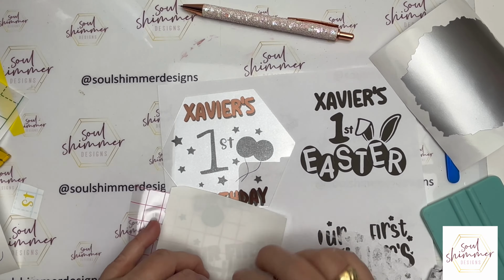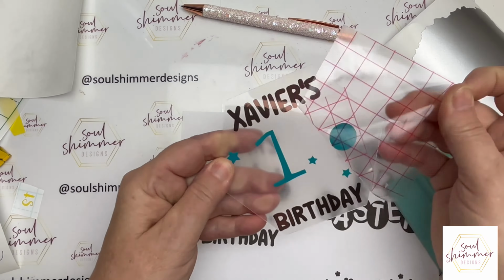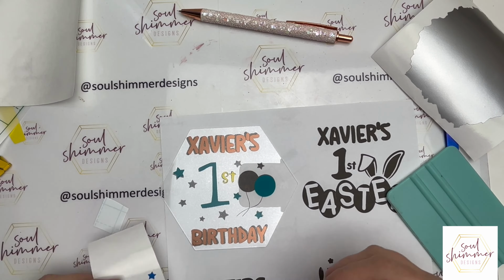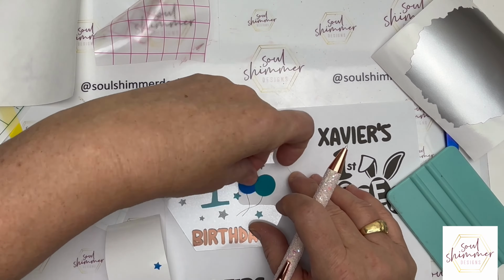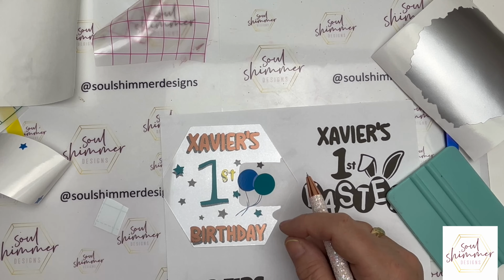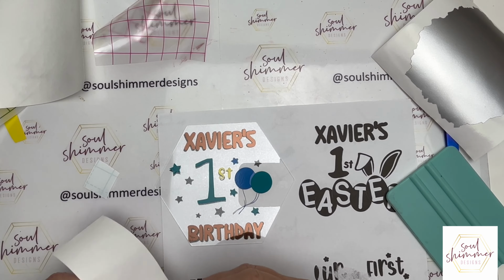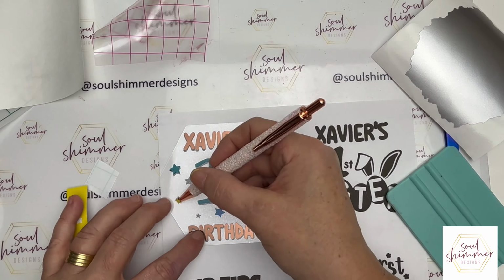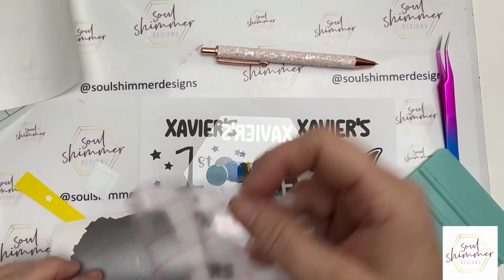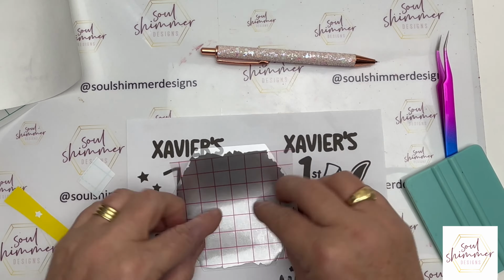And I'm just going through, so there's the Mirachrome added on now. Then the turquoise, the yellow, so for the first. Then I put one of the balloons on with the ultramarine using my weeding pen, and it was just easier to apply some of those smaller pieces with my weeding pen. And this one also has the silver background,